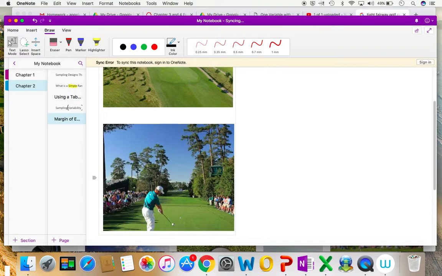I have to be a little more focused. I have to care a little bit more about how I'm selecting that sample. Maybe I select 100 people now in my sample. Those results from those samples are going to be less variable, right? Maybe one lands over here, one lands over here, one lands over here. One does lie outside of the fairway, but for the most part, I'm going to have much more consistent results.